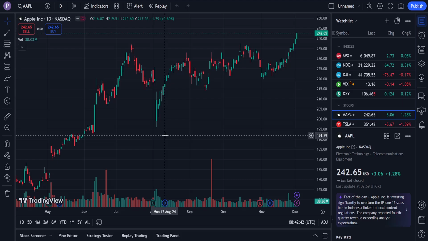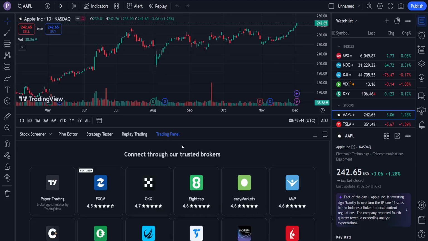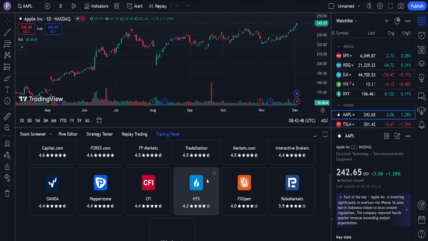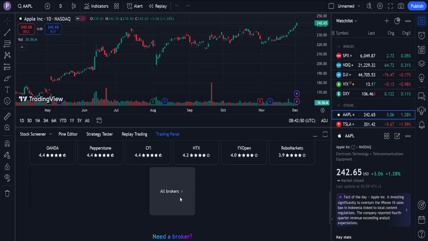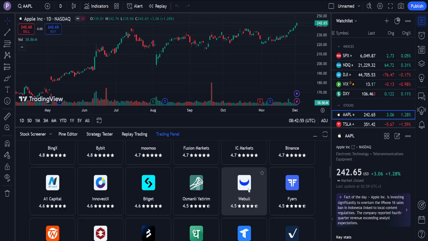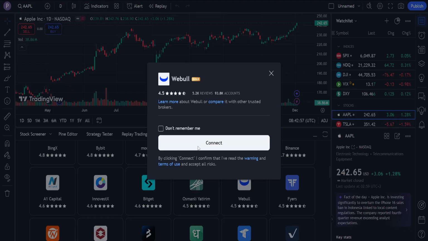You will see the trading panel at the bottom, and if we click on it, you can see a list of these brokers, and we'll have to select all brokers. Now once we select all brokers, you will be able to find Webull, and here if I click on it